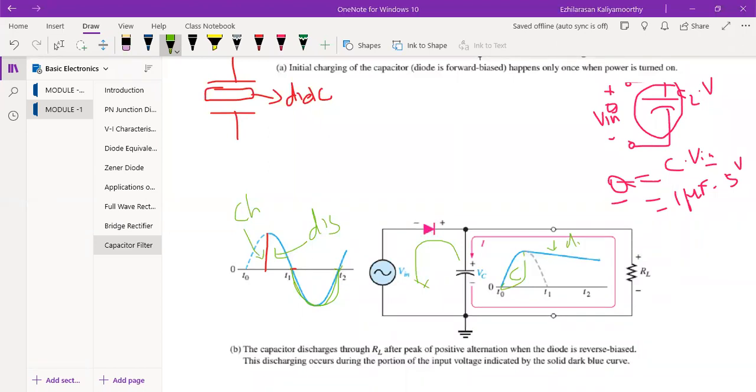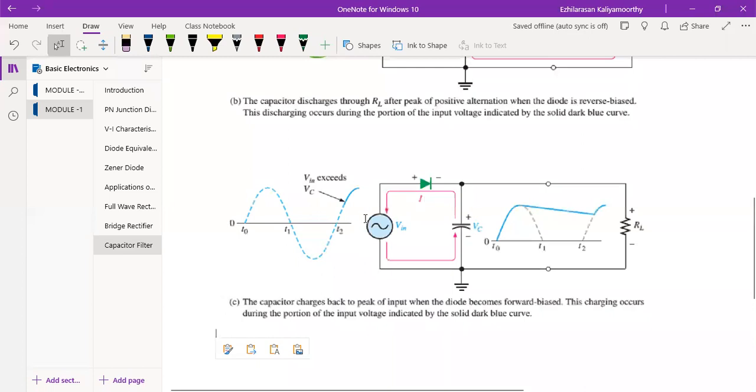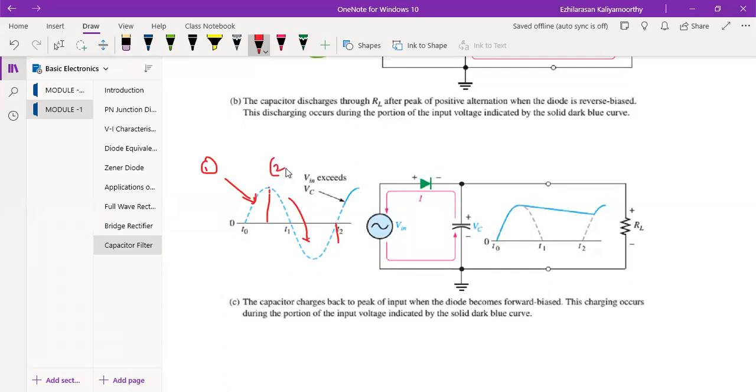Now there is one more condition we need to know. First we saw the first diagram, then from here to here we saw the second diagram. Now third, if your Vin, the input voltage, exceeds the capacitor voltage, VC, which is the capacitor voltage, for example, say the capacitor voltage is